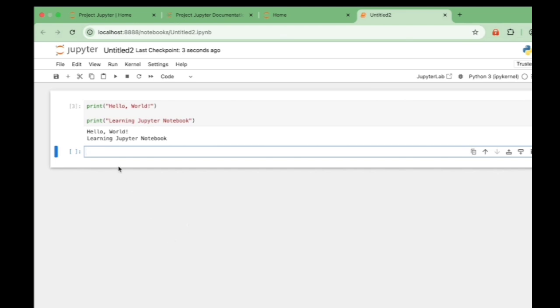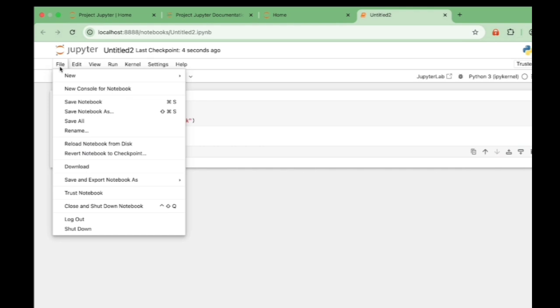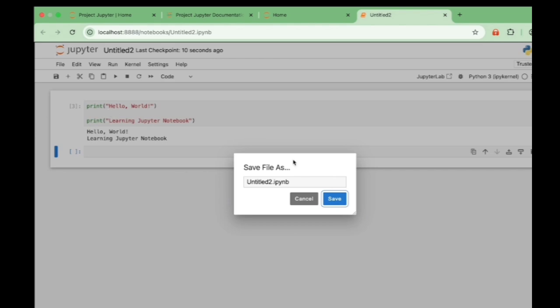And if you want to rename, just like what you see here, it's called untitled. If you want to rename the Jupyter notebook, you click on the file at the top left. You click on the file, and then you see save notebook as. You click on it. This is the extension .ipynb. Clear the untitled here, and then you can call it Jupyter or anything you want, learning Jupyter, just any simple thing you want. So let's just call it learning Jupyter,